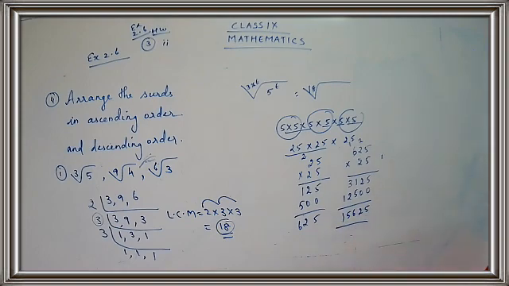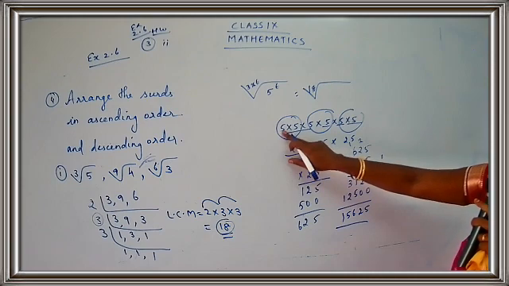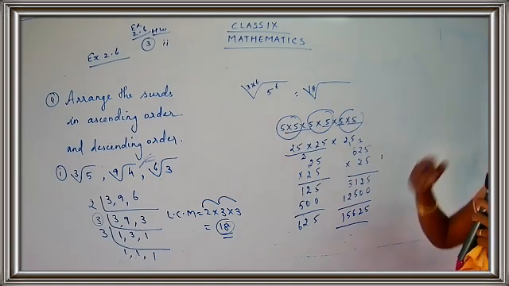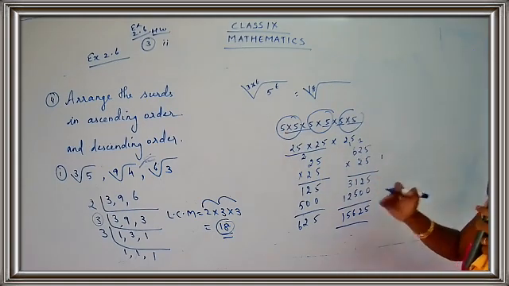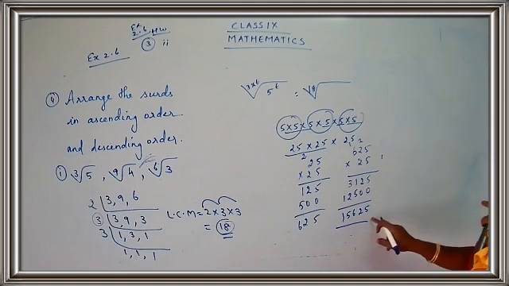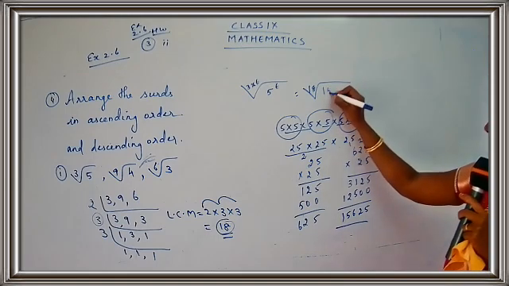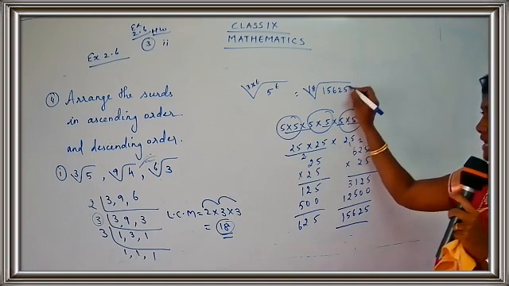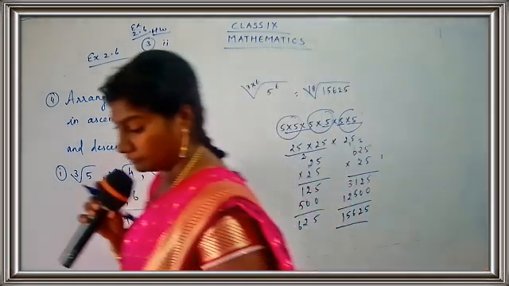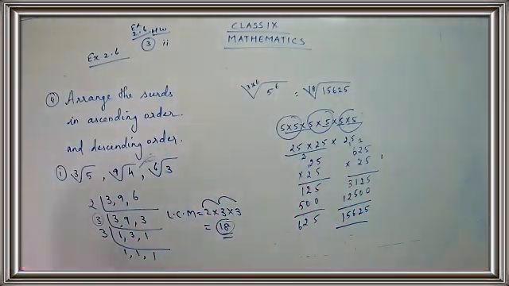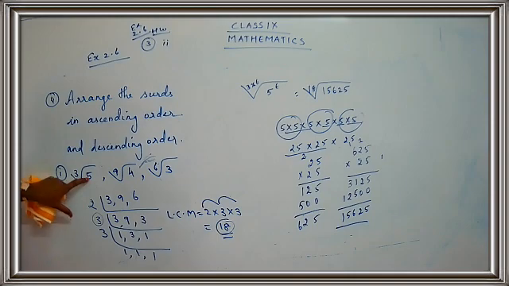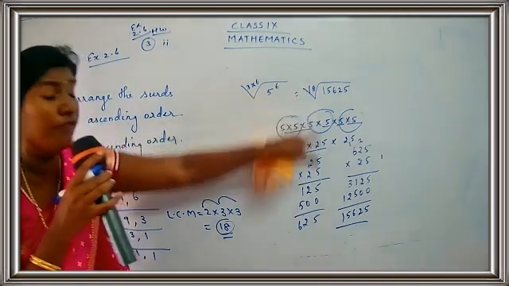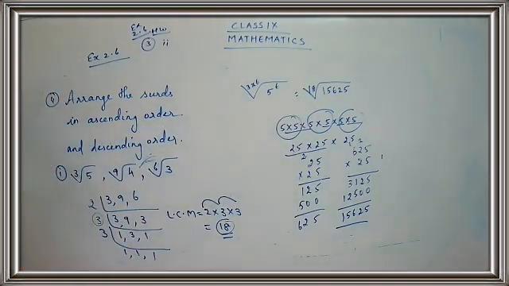So what is the answer we get when we multiply 5 six times? That is 5 into 5 into 5 into 5 into 5 into 5. The answer is 15,625. So what do you get the answer as? 15,625. So what was the third? We started with the cube root of 5. So it has changed to the 18th root of 15,625.